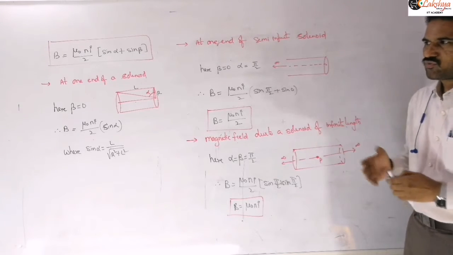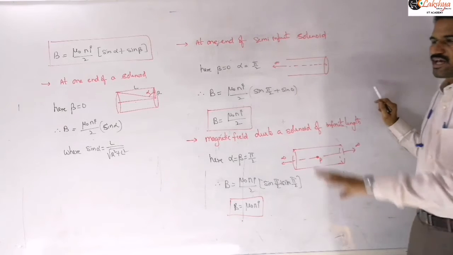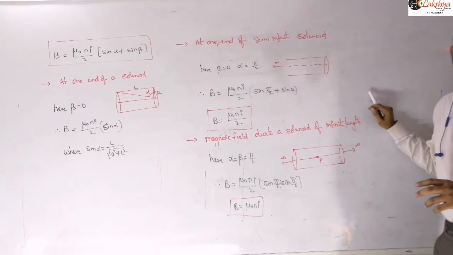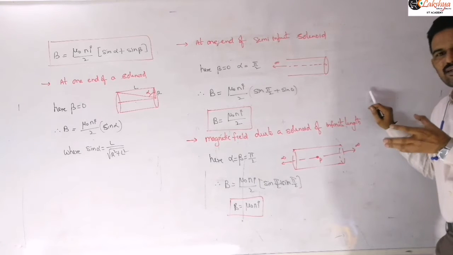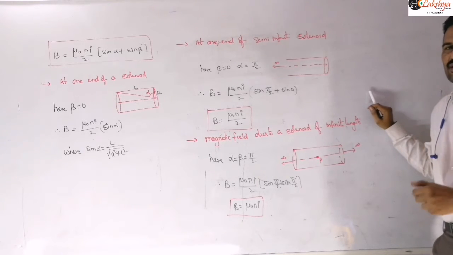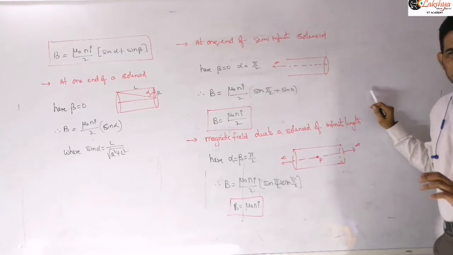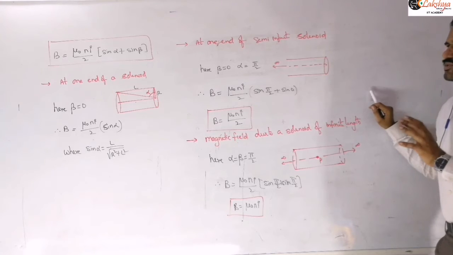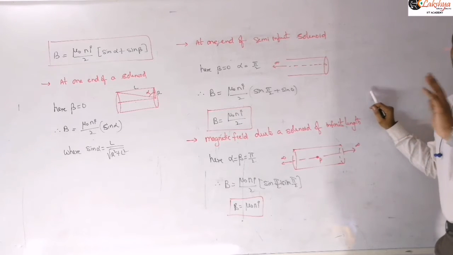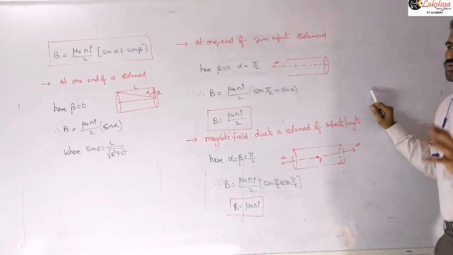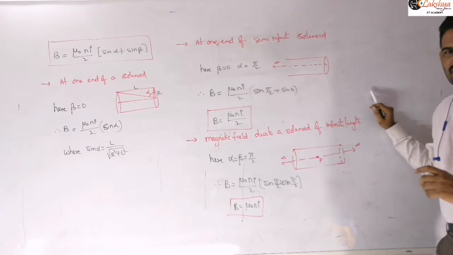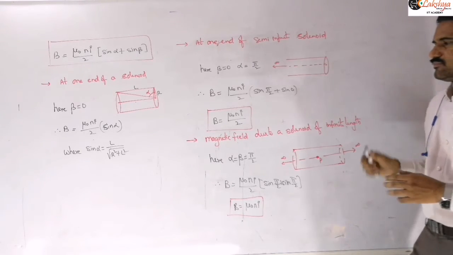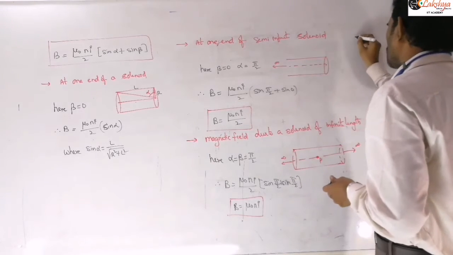Here also we derive the expression based on the same concept, so the direction is the same as that of the circular ring. It will be along the axis. The magnetic field due to the solenoid will be only along the axis of the solenoid. Either it is towards left or towards right, depending on the direction of flow of the current. So just mention that, the next point here.